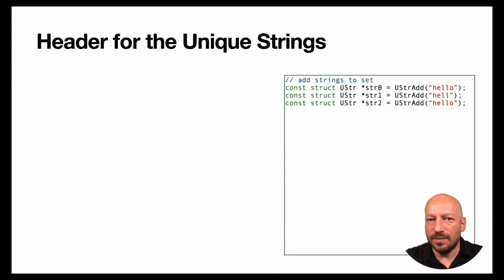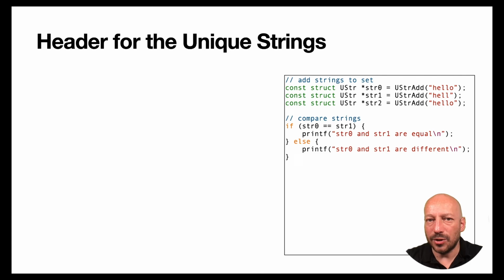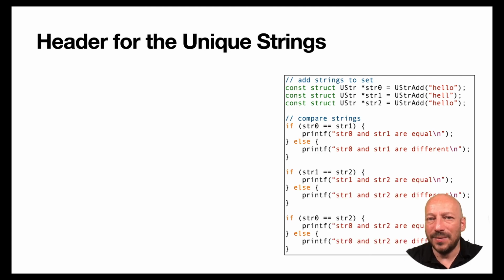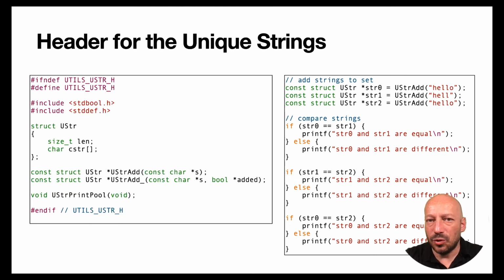This add function, therefore, should work as follows. If you add a string to this set, which isn't already in the set, you get a pointer to a newly created unique string. And otherwise, you get back a pointer to an already existing unique string. So that means afterwards, you simply can compare pointers, like here, or here, or here. And in the demo, I will explain to you the complete interface of this new data structure. You should also be able to see whether a new identifier was actually added to the set or not. And of course, we also want to print out all the